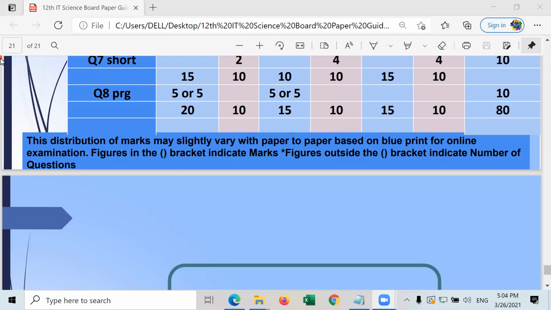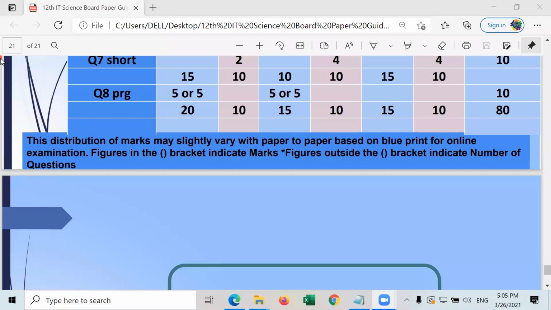Sir, will the practicals for the exam be from the textbook only? No, we have conducted 8 practicals this year, right? Yes. We have performed 4 programs from HTML, 2 from JavaScript, and 2 from PHP. So your practical slip will contain any 2 programs which you have performed this year. So open your journal, you will find 8 programs. You have to study all those 8 programs for your IT practical exam.